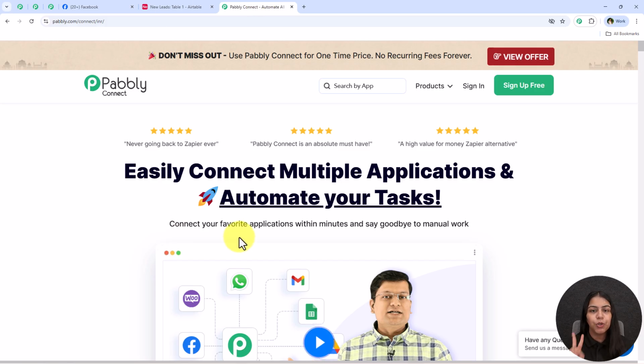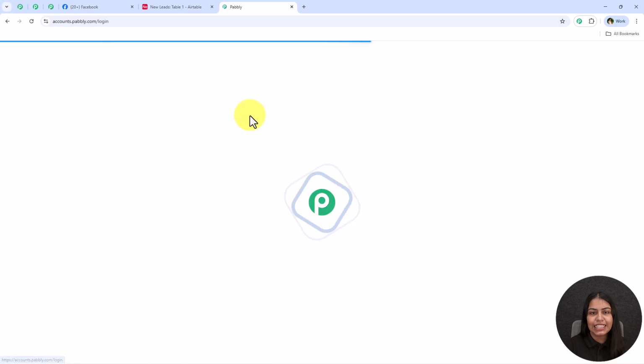For that we have two options. One is sign in and the another one is sign up for free. So if you are a new user, you can simply click on this sign up for free and you're going to get 100 tasks free every month to explore Pabbly Connect. But over here I am an existing user, so I'm going to click on this button which says sign in,